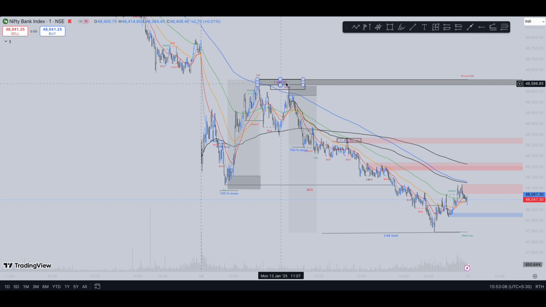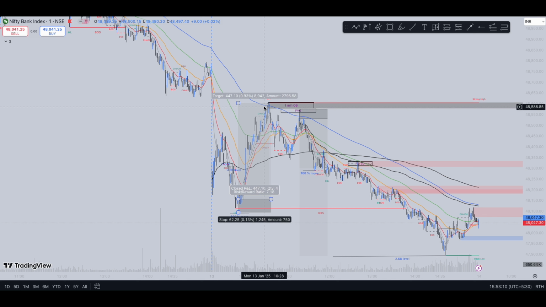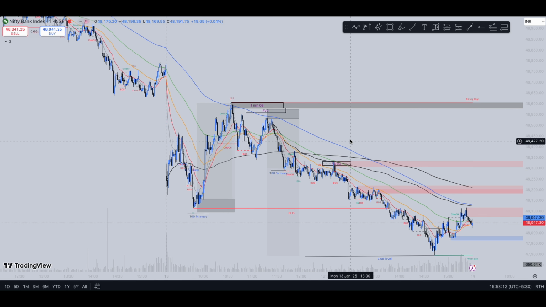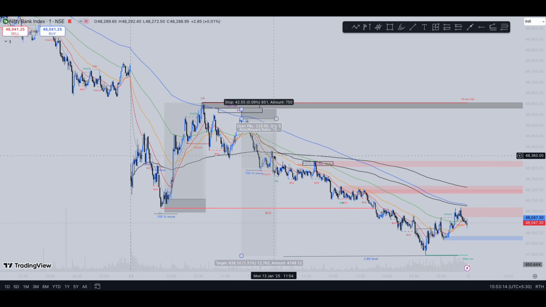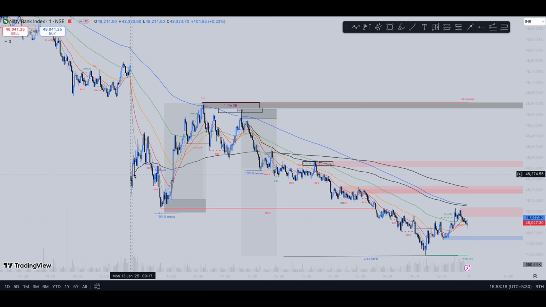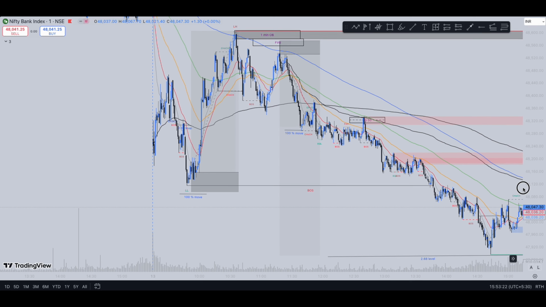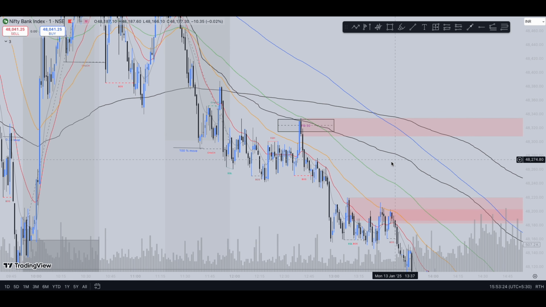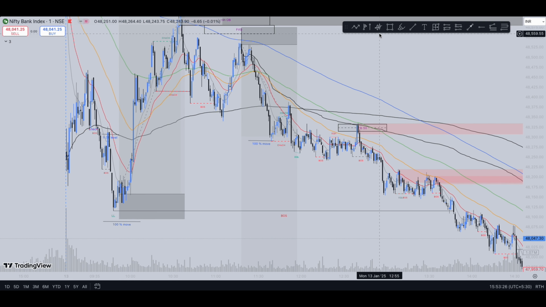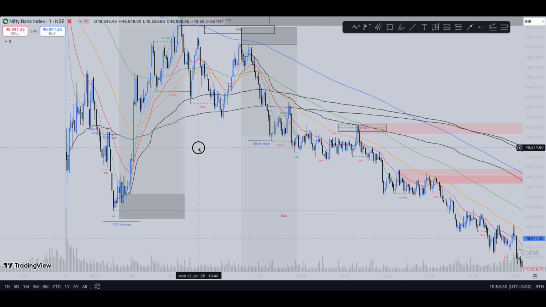But here you can see clearly what I was explaining, the rejection from the 200 moving average, as well as here price rejection from here, price rejection from VWAP. This is the day VWAP and this is the anchor VWAP from here. This is another confluence, and if you try to plot another anchor VWAP level over here, you can also see